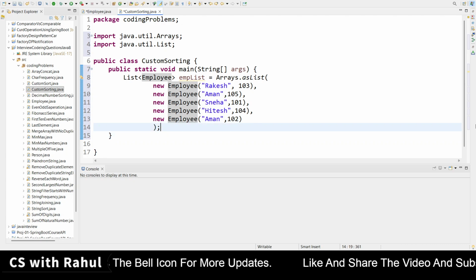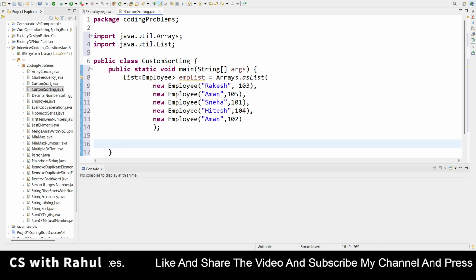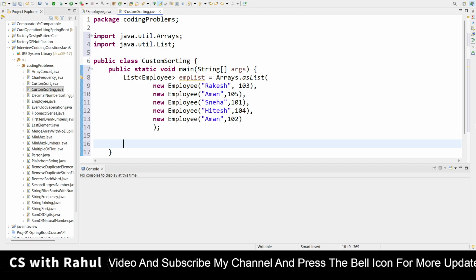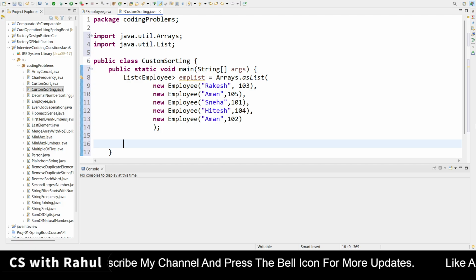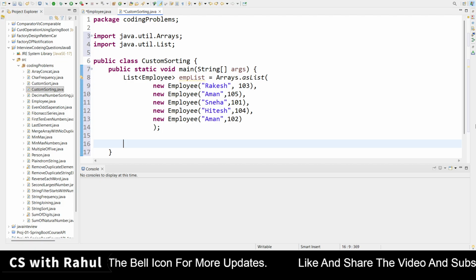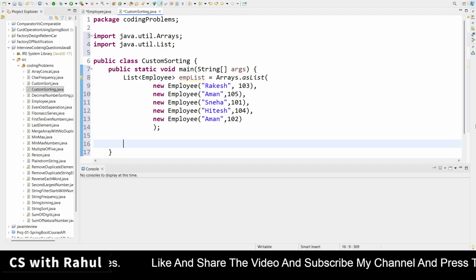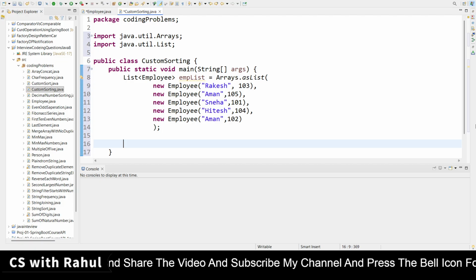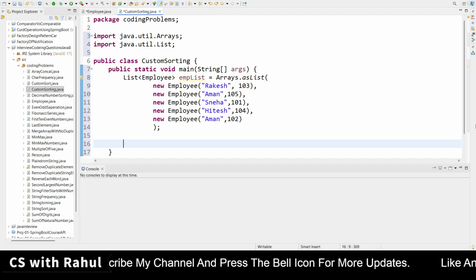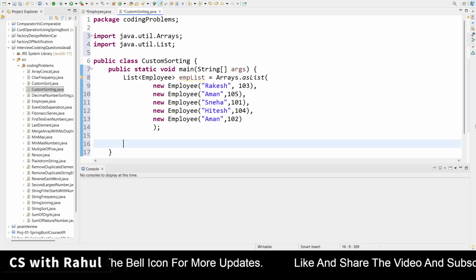Now what we have to do, we have to write the logic on how we can sort based on first name, and then I will explain how, because name here is a string. So when we are using a string to sort the custom object, then what method we should call from the comparator. And another one is employee ID. So when we are comparing it by the ID, then how can we sort it, that I will show you here. So let's do it. So first I am taking just sorting by the name.